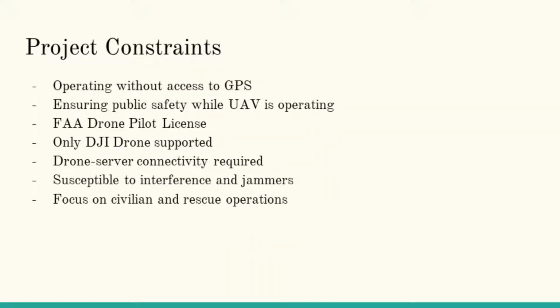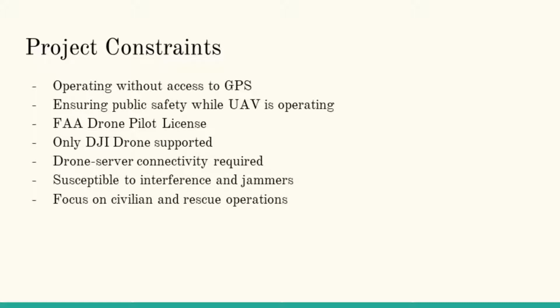This project entails a number of constraints. First, we must operate without the use of GPS, since our goal is to identify strategies for localizing a drone without a need for GPS. We need to ensure the safety of the general public while we research and develop these systems, so our testing will occur in a contained lab environment. Depending on the exact flight characteristics of our test drones, we may need to seek a license from the FAA